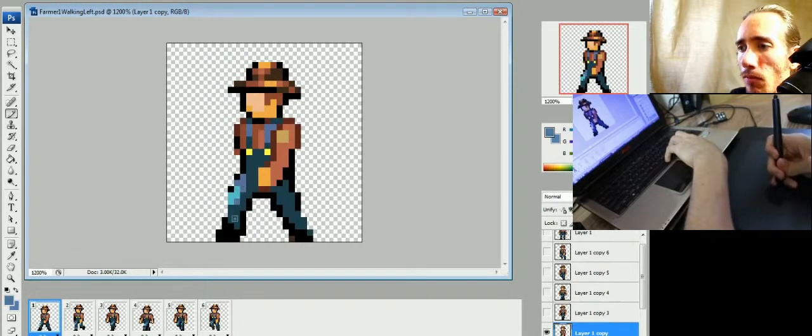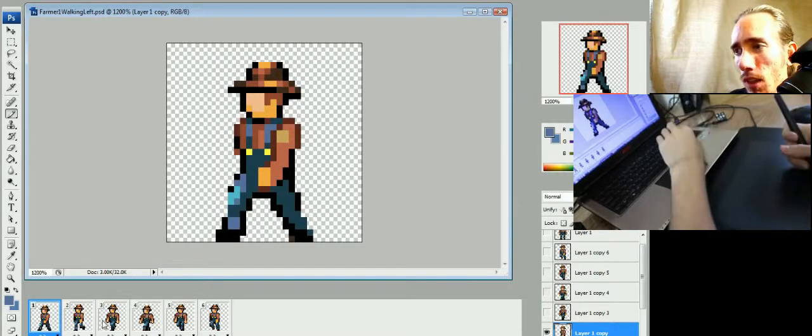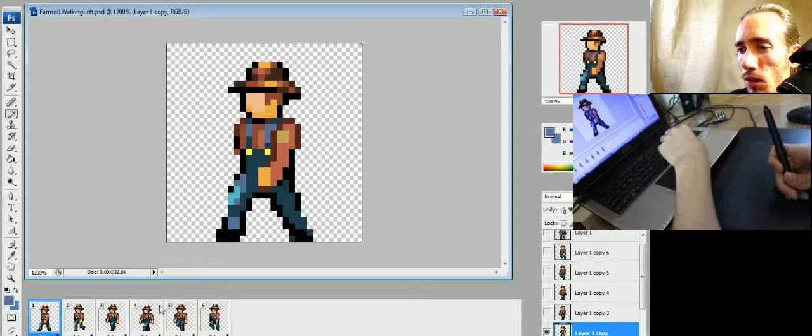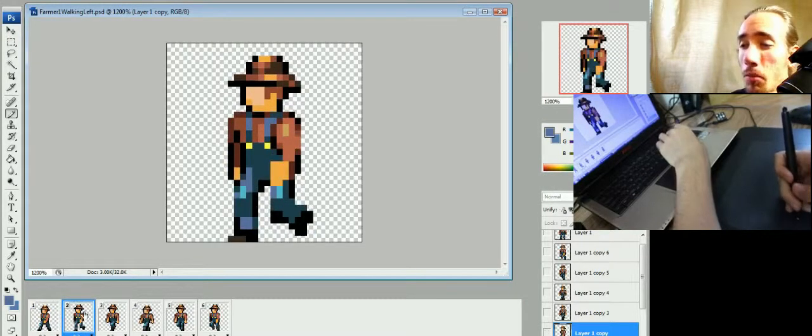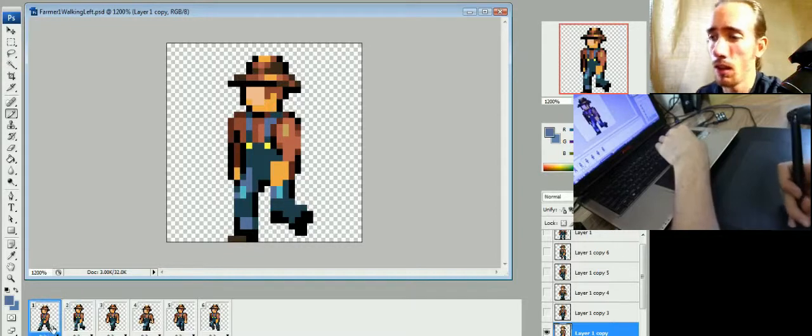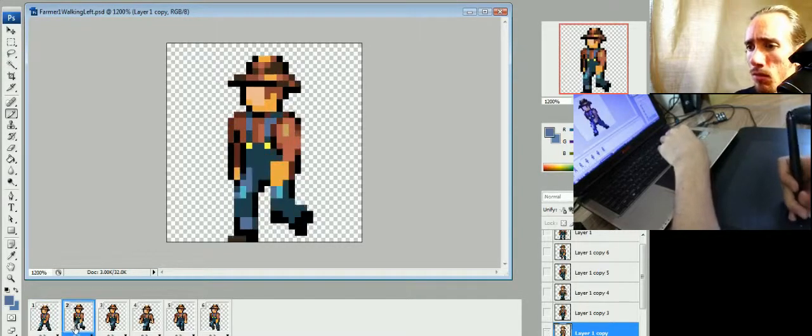Yeah. And then his, I don't know what you call that, at the bottom of the leg. It's like rolled up or something. His leg. At least that's what it looks like to me. So